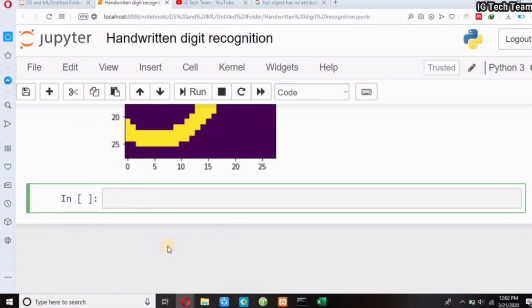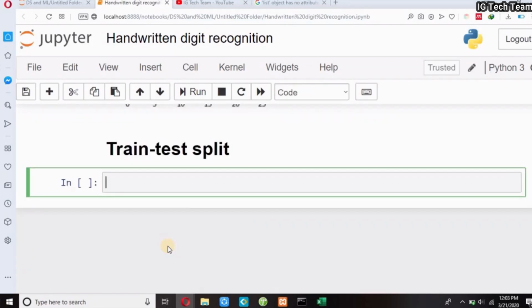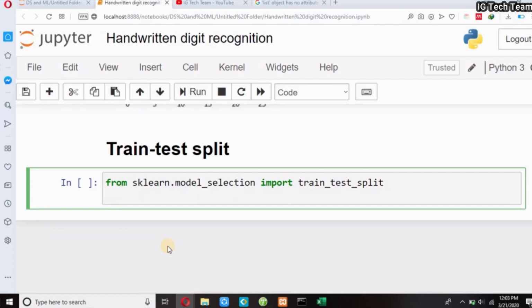Now I have to split my model into training and testing part, which is very important part in machine learning. First of all, I have to import train test split from sklearn. If you haven't installed this package yet, you can write pip install scikit-learn. Then let me write train yox, test yox, train y, test y equals train test split.